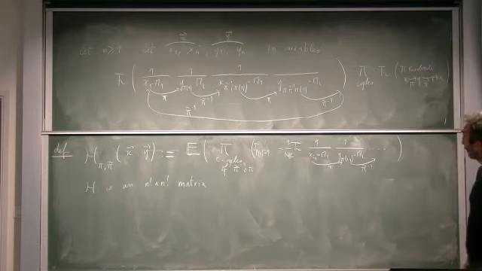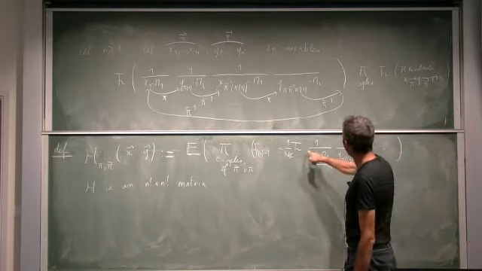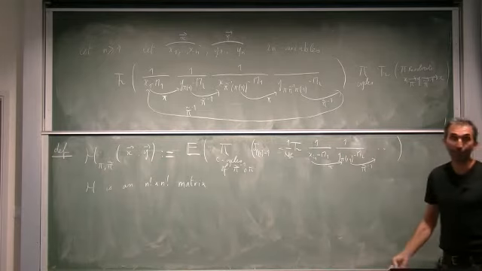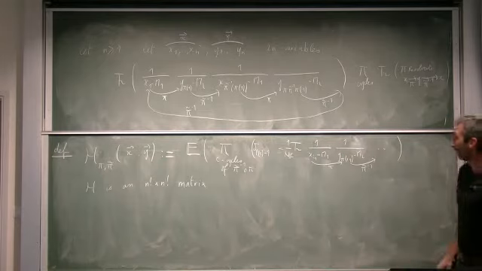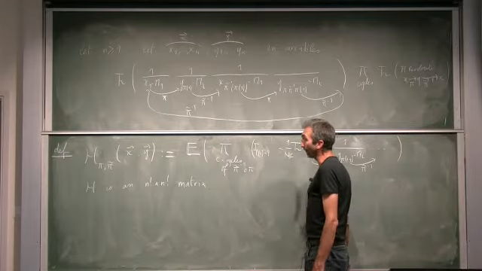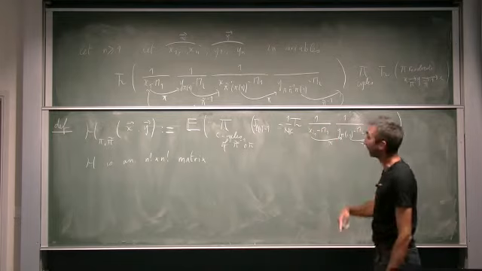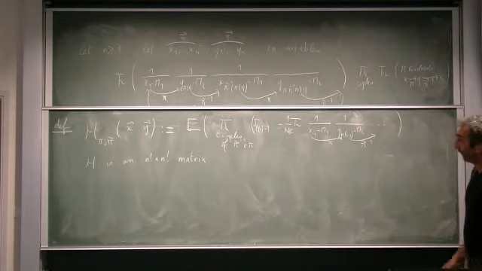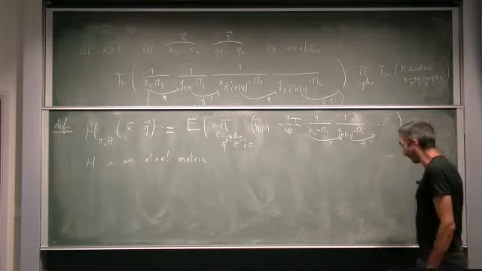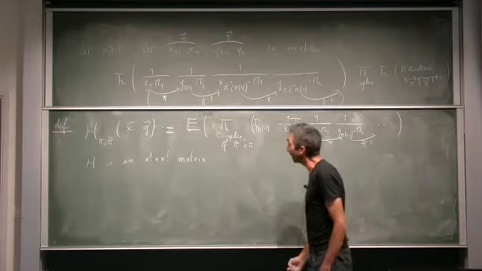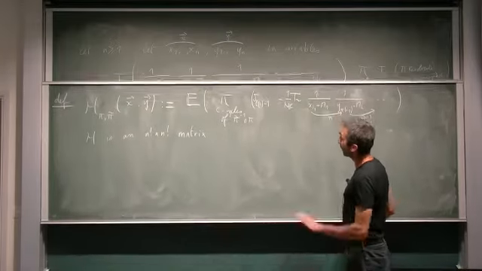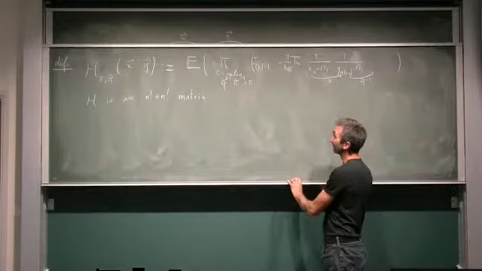Okay, so this contains all the information about all possible traces of any number of powers of matrices M1 and M2 in all possible ways. So it contains all the information, and you can recover traces of powers by taking residues. So this is the matrix we want to compute, and in fact, it will be amazingly simple. It will be a one-line formula at the end.